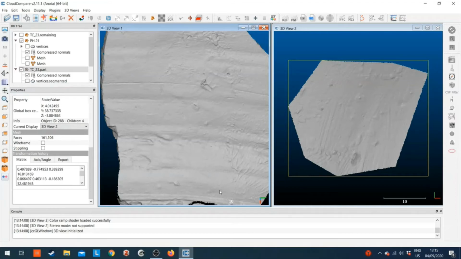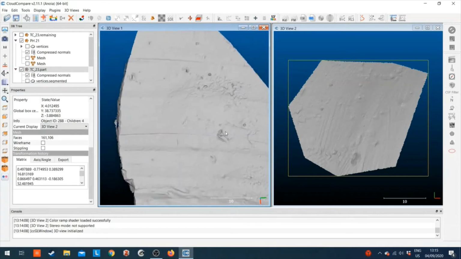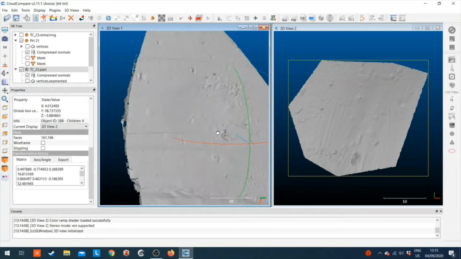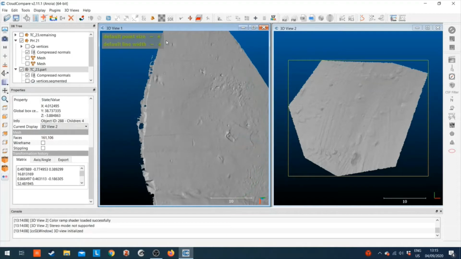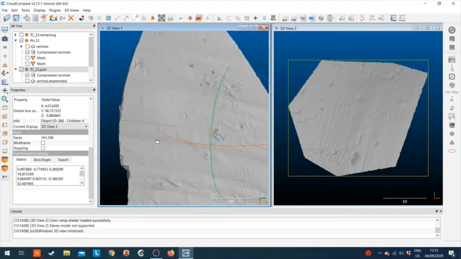So let's say instead of individual measurements like we've been taking here, what if we use a morphometric parameter like roughness to describe the surface treatment and make comparisons between them? So first, it's useful to ensure that your meshes are segmented, because something like this edge of the potsherd is going to throw off the roughness calculations, because